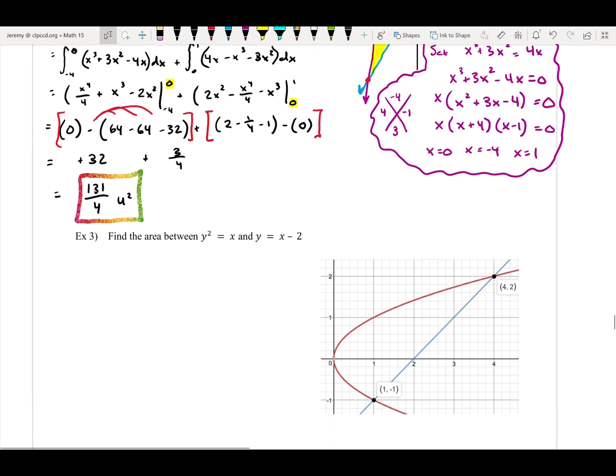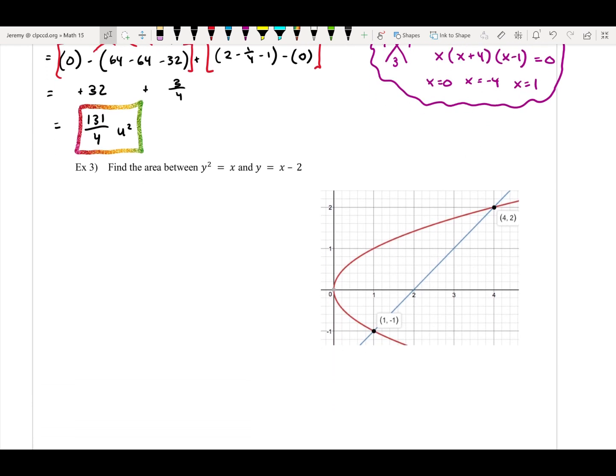All right, let's try example 3. We want to find the area between y squared equals x and y equals x minus 2. This is a little bit of a curveball here. Y squared equals x. So you could probably guess by looking at the picture, this sideways parabola, that is y squared equals x. This might sort of remind you of some of the equations that we saw in the section on implicit